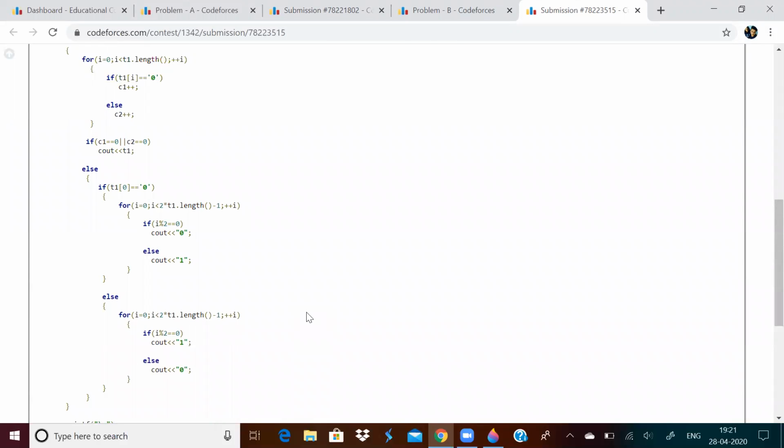So actually, this is not so easy for me to explain. I still tried, but I don't think you would have got to know what to actually do. I suggest you look at the editorial or try it by yourself once. I'll try to make another complete video on this problem. It's difficult for me to explain because I have to take many examples, and currently I don't have the time to do so. So I'll try it some other time.